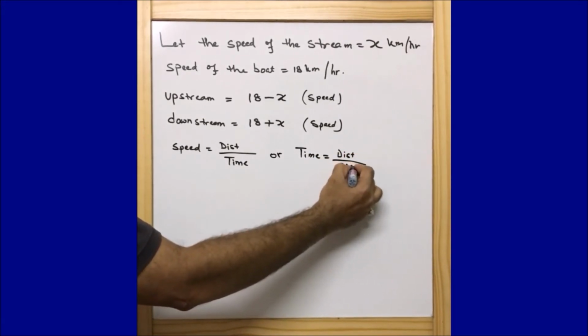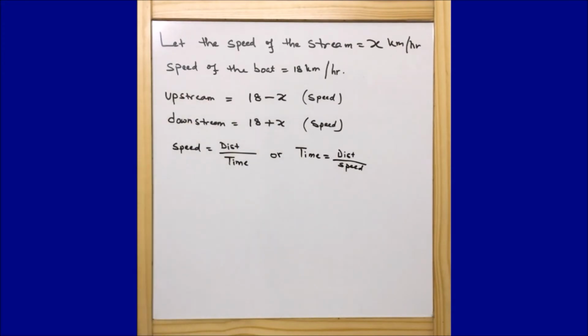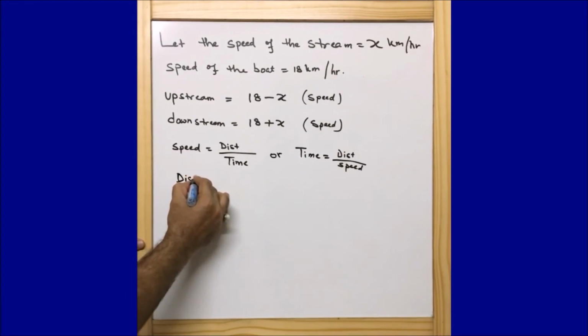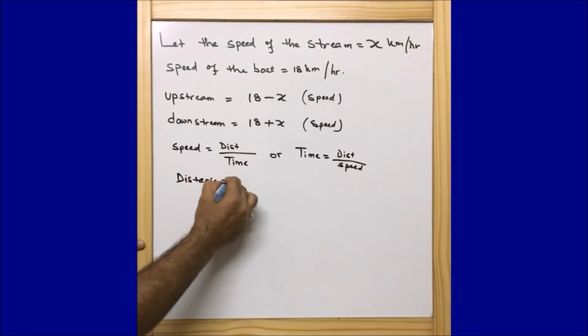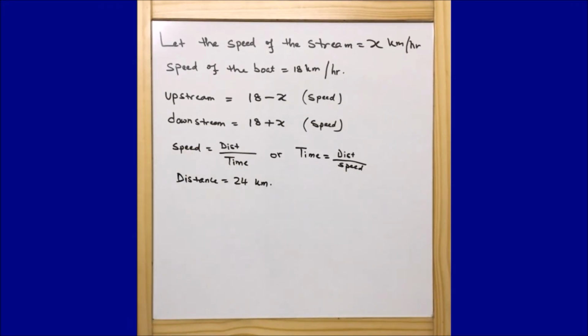So we just need to remember this thing. Here we know the time is equal to distance by speed. So what happens? Distance we know, the boat travels 24 kilometers. So we know the distance here. Distance is equal to 24 kilometers. Time. So what happens to the time? What happens to the time is that it takes 1 hour more while going upstream